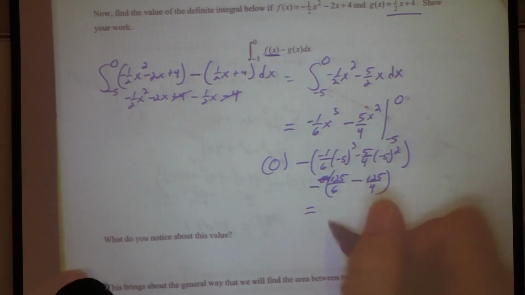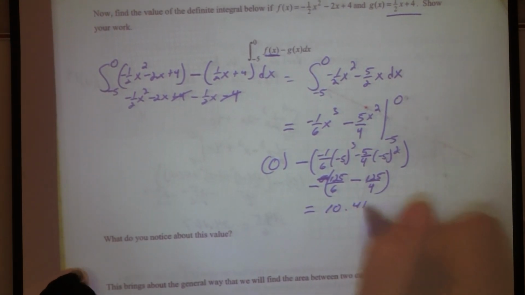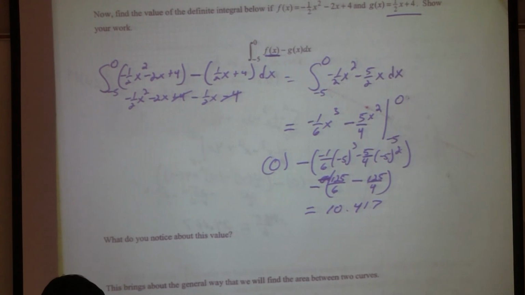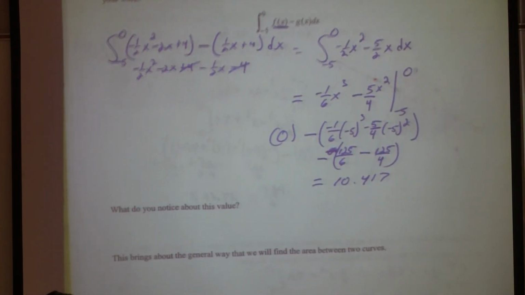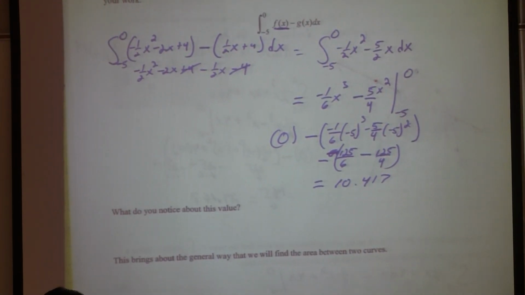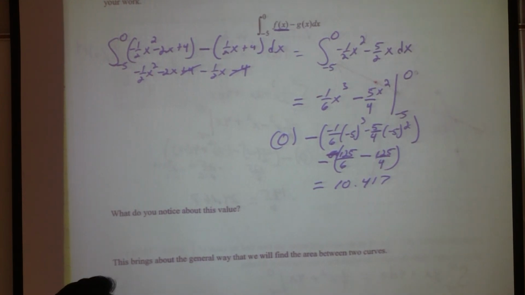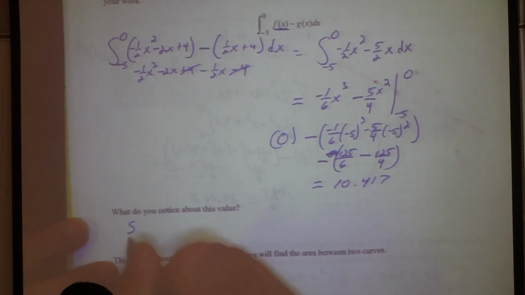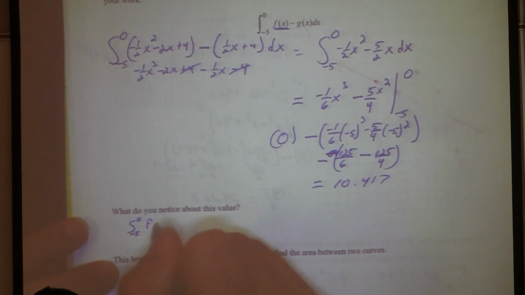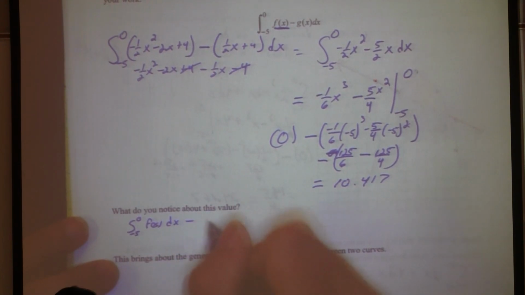Did we get 10.417? All right, awesome. Okay, so what do you notice about this value? Identical to the previous one, right? So if I do the integral from negative 5 to 0 of f of x minus the integral of negative